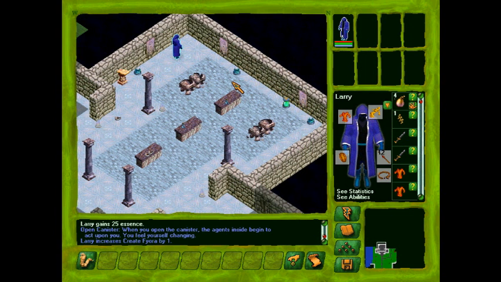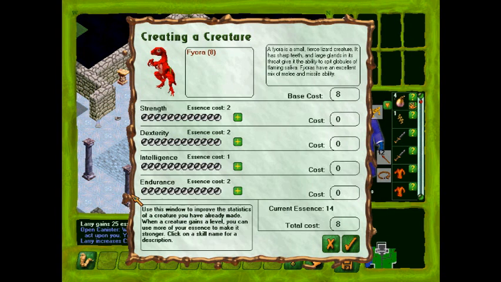Create Fyora. Fyora, fire-breathing lizard. A Fyora is a small, fierce lizard creature. It has sharp teeth and large glands in its throat. Give it the ability to spit globules of flaming saliva. Yummy. Fyoras have an excellent mix of melee and missile abilities, so pretty much a jack-of-all-trades creature. It's not a tank, it's not a mage, it's just